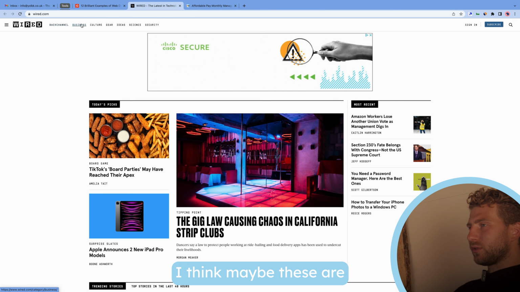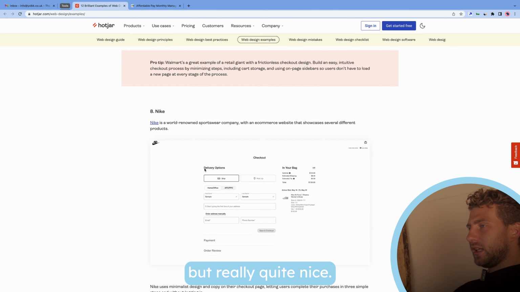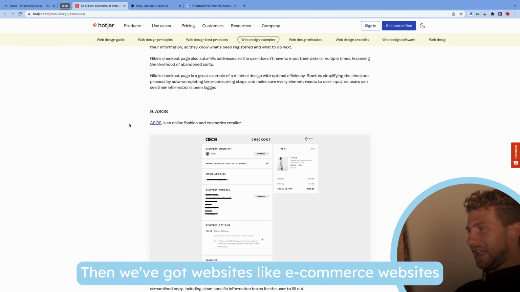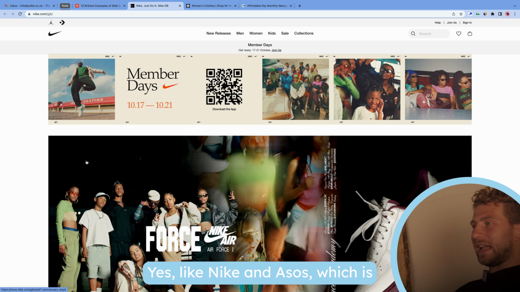I think maybe these are a little bit small for me. This kind of small typeface here at the top, but really quite nice. Then we've got e-commerce websites, which we haven't had a look at yet, like Nike and Asos,